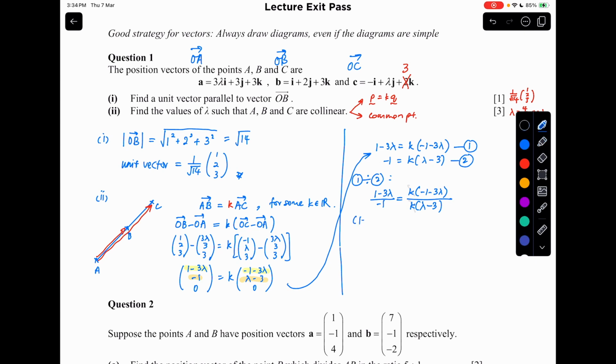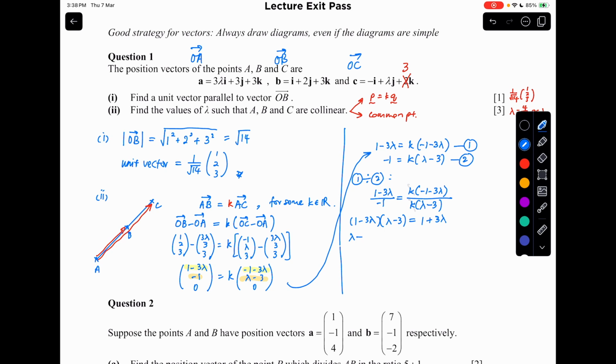Okay, with this, I will cross multiply. Lambda minus 3, and then I get 1 minus 3 lambda. On the left, let me expand this carefully. Then let me rearrange everything to one side: 3 lambda squared, minus 10, so minus 7 lambda, plus 4. So over here, 3 lambda,